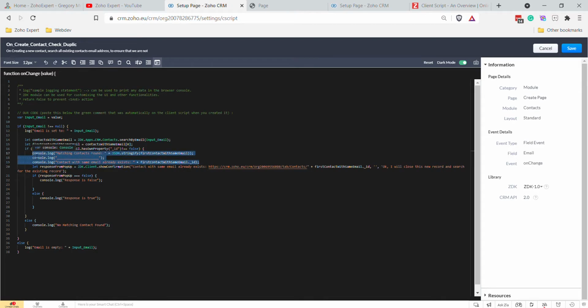Now, this is not necessary, but it helps me when I'm looking to work out what I'm doing with this code, because I'm not a JavaScript developer, so this code doesn't come naturally to me. I generally write in PHP and then Deluge. Anyway, so now we want to create another variable called response from popup. And then we want to create a popup. Now, this